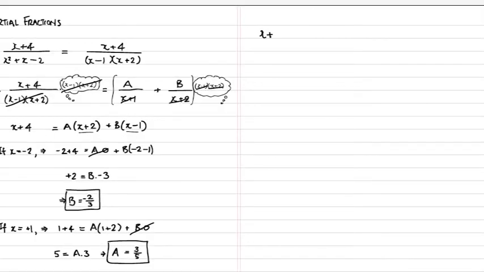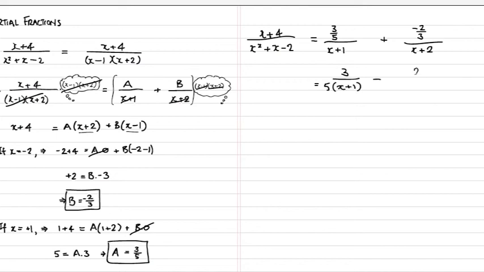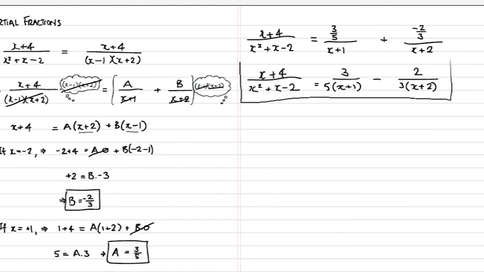So our partial fraction then can be written as x plus 4 over x squared plus x minus 2 equals 3/5 over x minus 1, substituting back for a, minus 2/3 over x plus 2, substituting back for b. And just tidying that up a little neater, we can see that we get x plus 4 over x squared plus x minus 2 equal to 3 over 5 outside of x minus 1 minus 2 over 3 outside of x plus 2. And that's